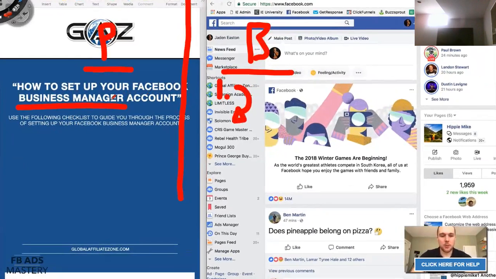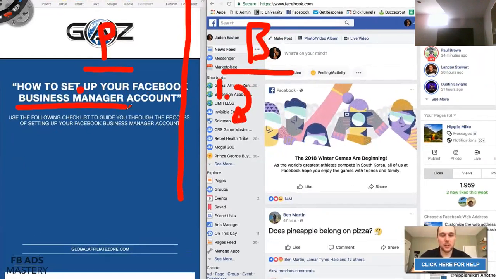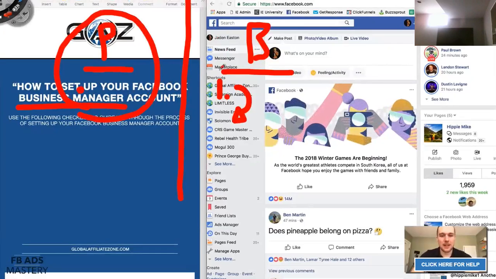Whereas if you just have a personal ad account, which believe it or not, now that you've created your fan page, was automatically created for you. So technically you already have this personal ads account. But we want to set up a business account because unlike the personal account, you cannot create multiple ad accounts.